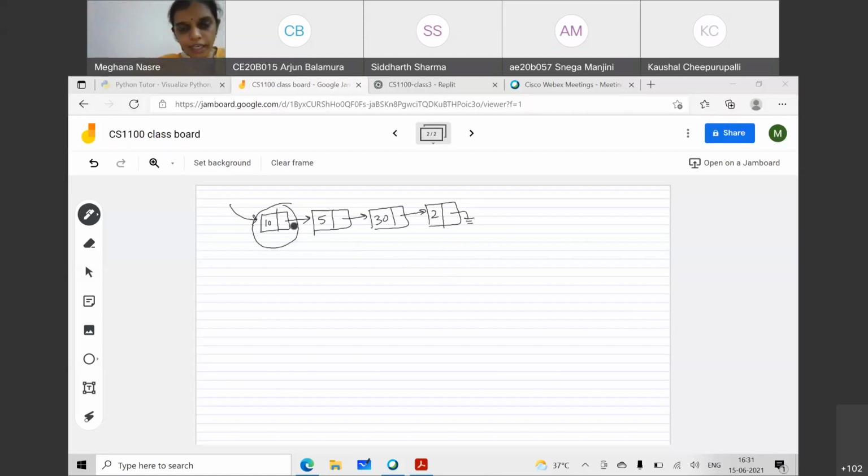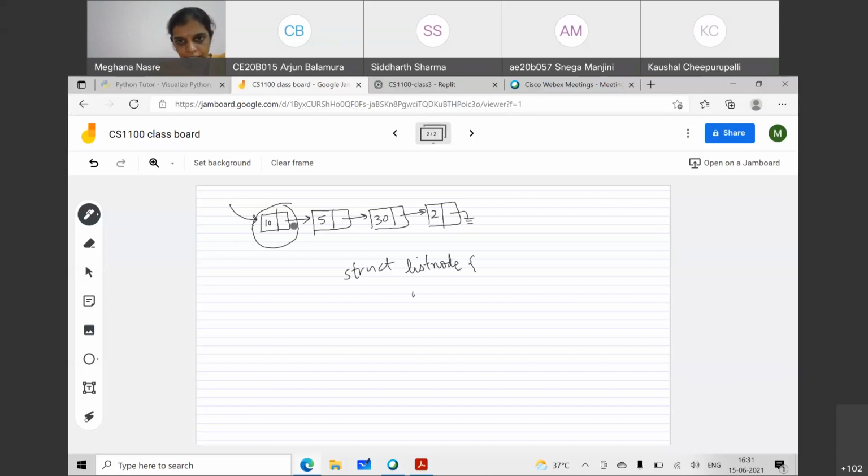So let us do this. This is the first time we are doing this kind of a structure definition. So let's define the struct, and it is typical to call it a node, but I'll call it a list node, struct list node.